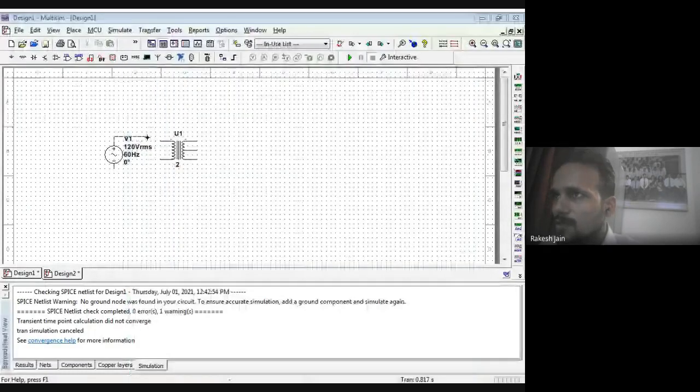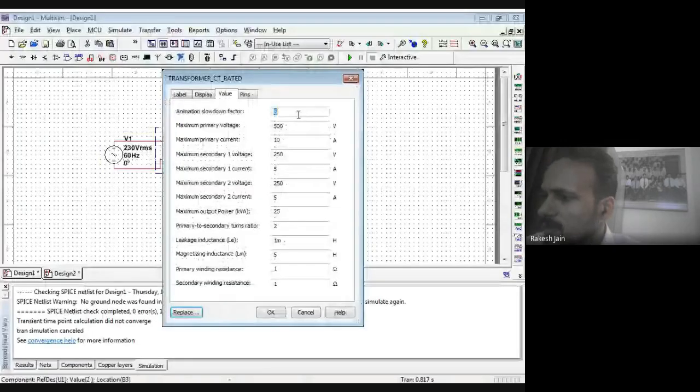Let's suppose the input is 230 volts. We just change the primary voltage to 230 volts and the secondary voltage is 12-0-12.